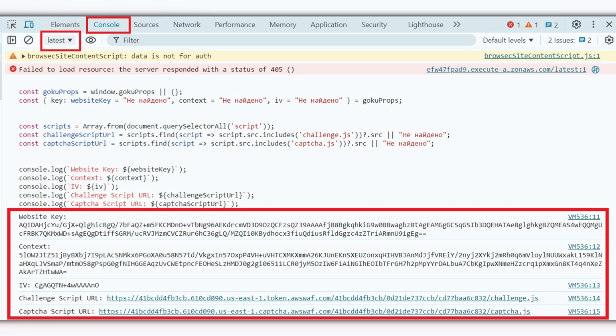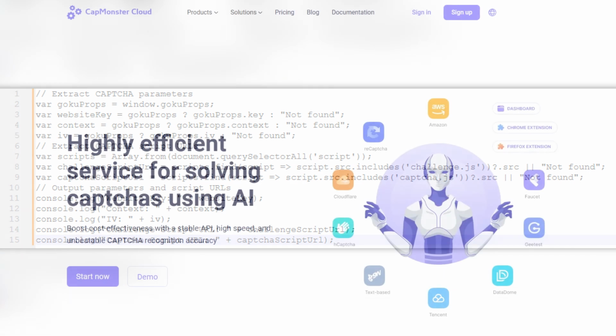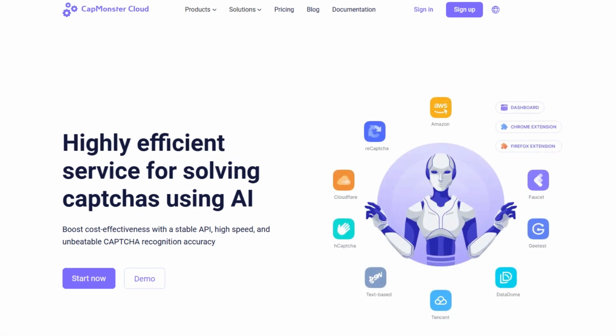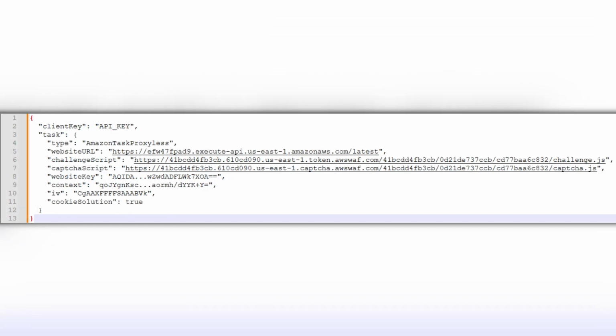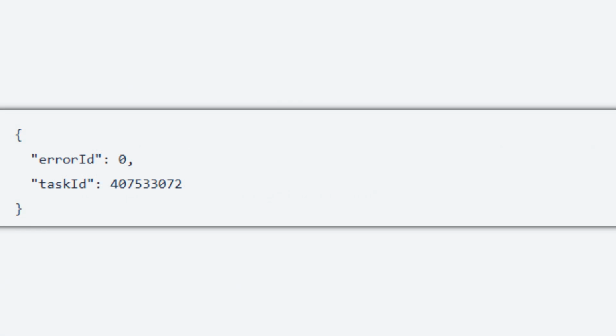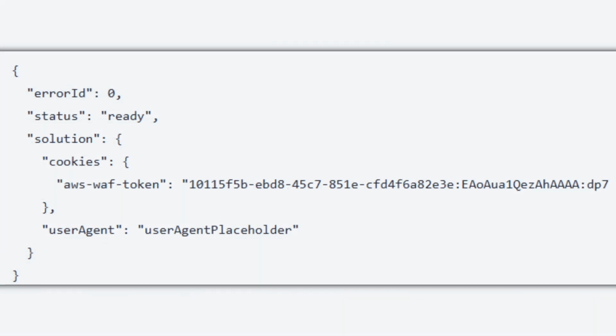You can also automatically obtain the parameters for an AWS WAF CAPTCHA by using the following JavaScript code. Once you have all the CAPTCHA parameters, you can create a task to submit to the CapMonster Cloud server. Example: use the createTask method, request format JSON, POST. Response: retrieving the result. Use the getTaskResult method to get the solution to the Amazon task. Example: